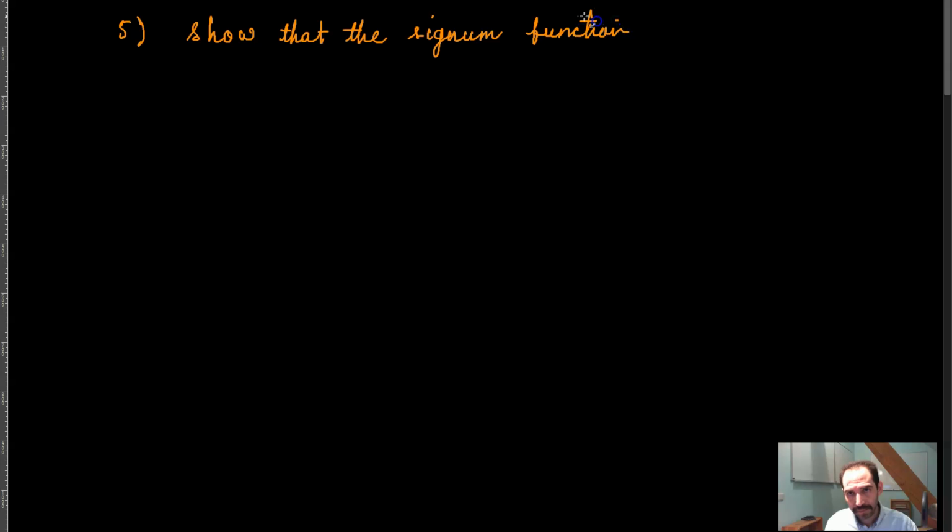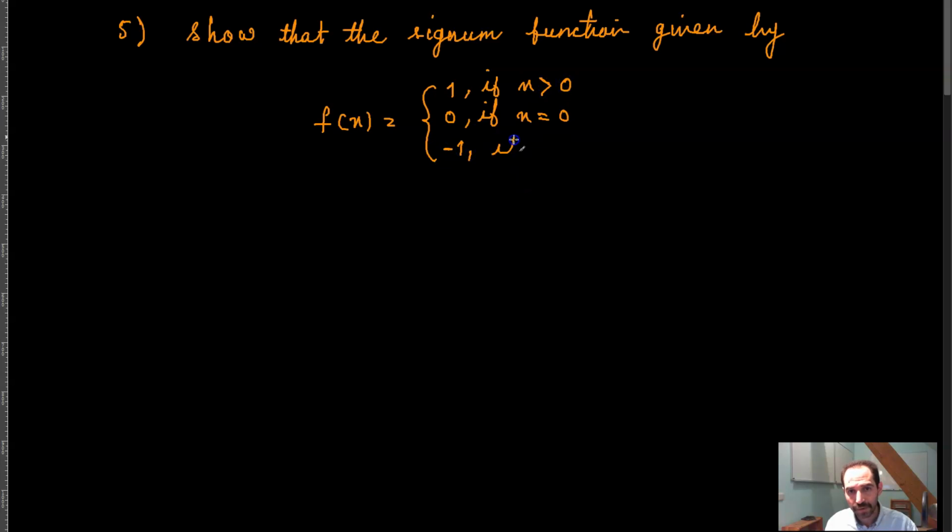Okay, so the next question that we have here is, question number 5: you want to show that the Signum function, given by f of x is equal to 0 if x is equal to 0, 1 if x is greater than 0, and -1 if x is less than 0, which is actually a very